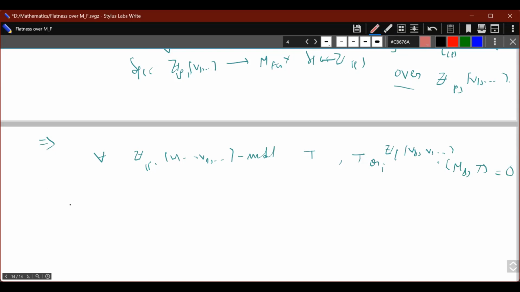So the claim is that we can assume T to be finite representation. Why? Because it's a filtered colimit. So we can assume that T is equal to, therefore we get,